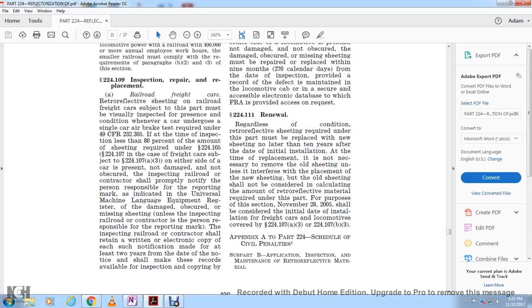Alright, Statute 224-109, inspection, repair, and replacement. A railroad freight car with retroreflective sheeting must be visually inspected for the presence of the condition whenever the car undergoes the single car air brake test required under Title 49 CFR 232.305. If at the time of the inspection less than 80% of the amount of the sheeting